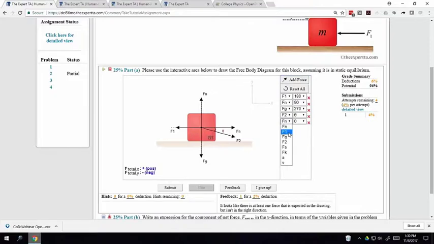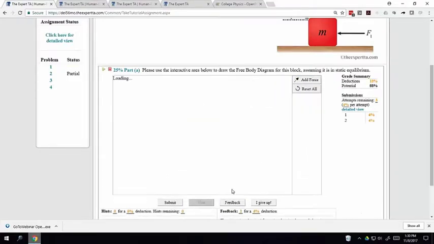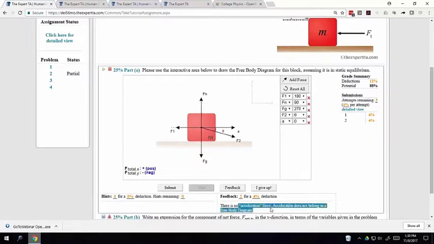For example, like the acceleration. If I were to submit this, the feedback is there's no acceleration force. Acceleration doesn't belong in a free body diagram. If I remove this now, I have all the forces in their right directions, but we want to make sure